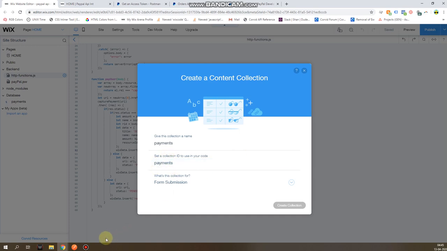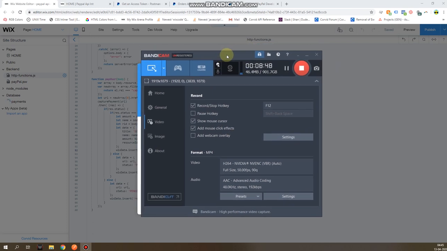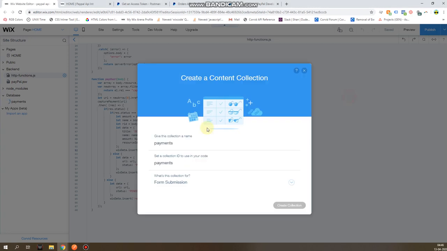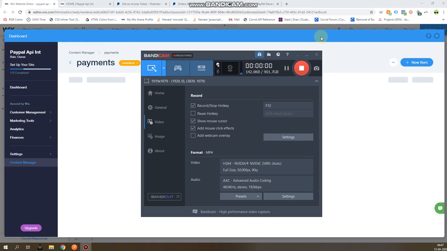You can just skip ahead because this new Wix database UI takes a lot of time to open and work with. Not ideal for developers, but it's what we have to work with right now. Okay, I'm going to pause this and restart when this thing appears. Okay, so finally,